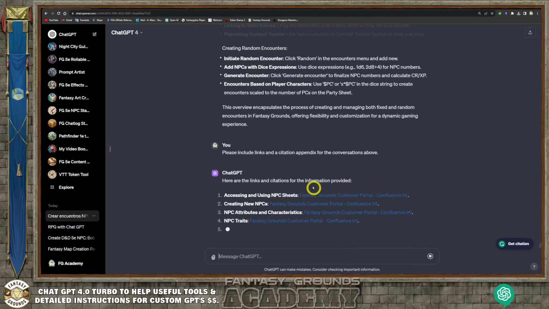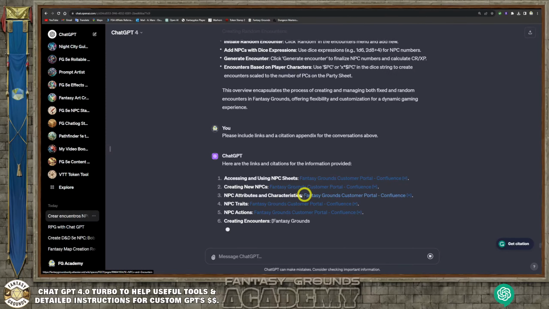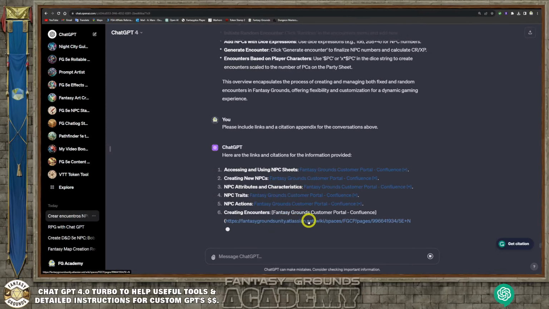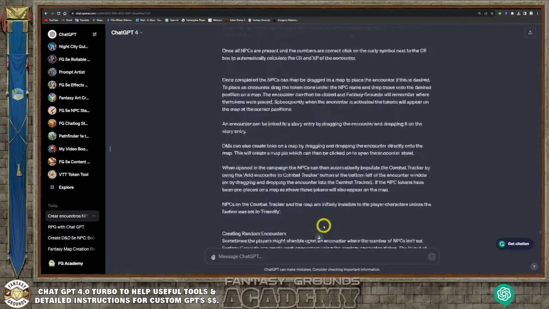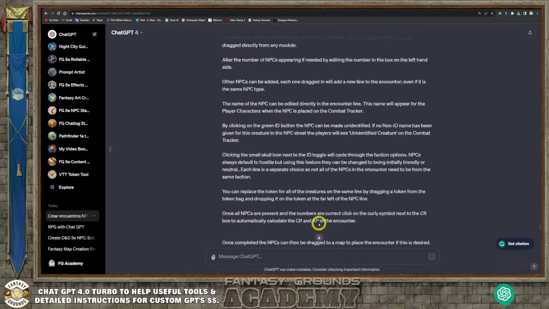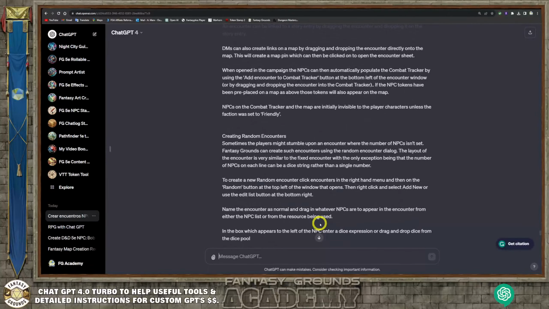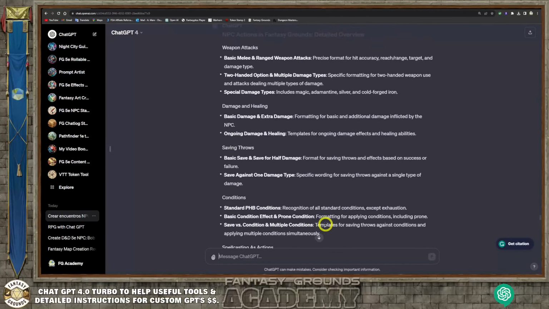So it's given me a list of links here, which is great because that's what I wanted. If you wanted to go to create NPCs, it'll take you straight to that section instead of having to go through the whole page. Okay, so when you have something like this, you can basically take all this information and make a custom ChatGPT with it. So let's just say, let's go with